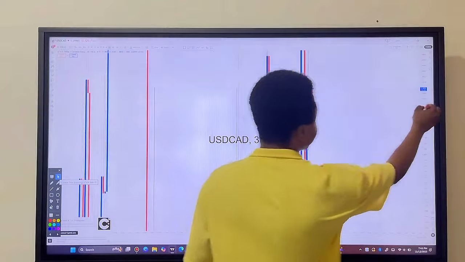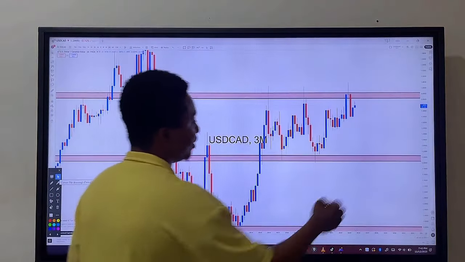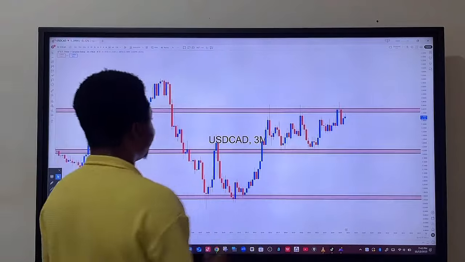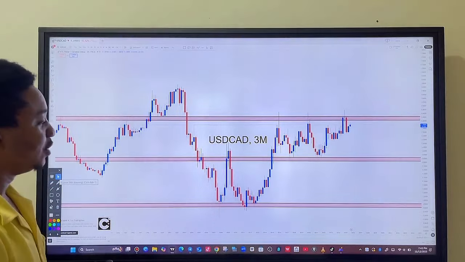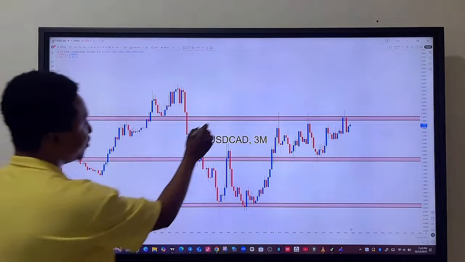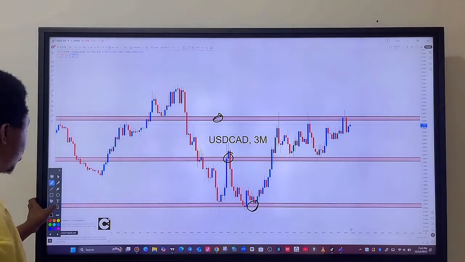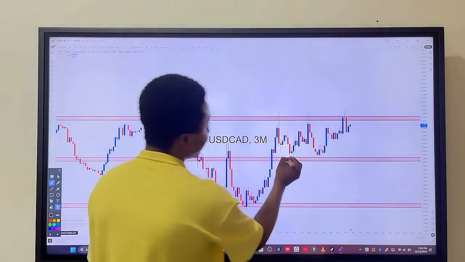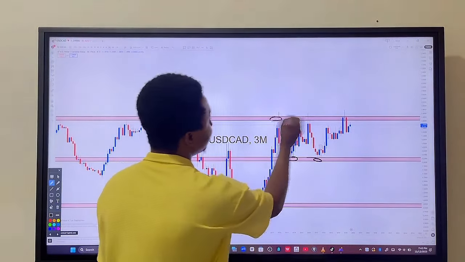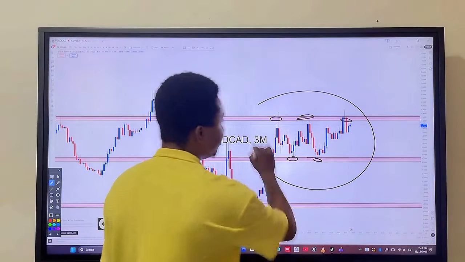Alright, so this is USD CAD on the 3 months time frame. Now, on the 3 months time frame of USD CAD, let's take our time and break this pair down. We have the upper zone, the middle zone, and also the lower zone as well. What is going on here on the 3 months time frame? On the 3 months, we are seeing buy pressure from below and then sell pressure also from above. But let's talk about this whole area very carefully and know how we are going to find opportunities on